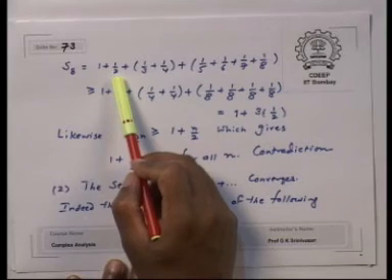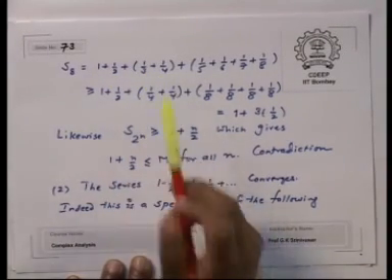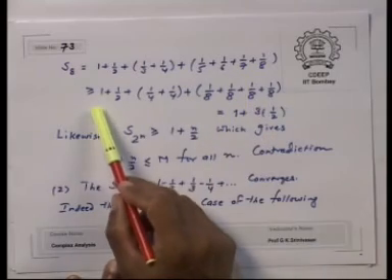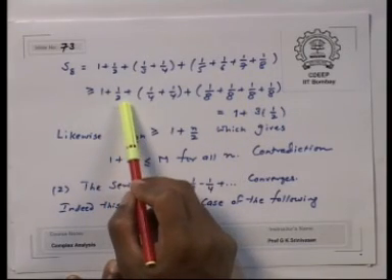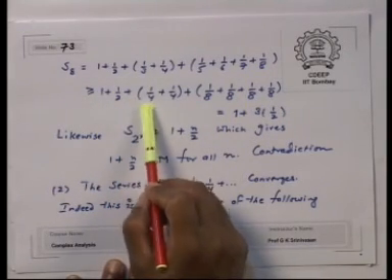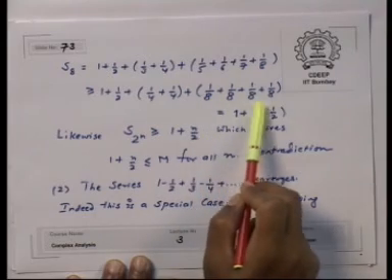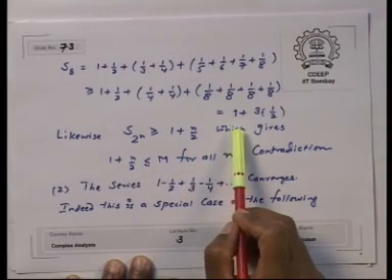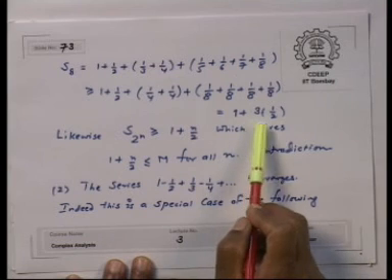S8 is 1 plus half plus 1/3 plus 1/4 plus 1/5 plus 1/6 plus 1/7 plus 1/8, greater than or equal to 1 plus half, 1/3 has been replaced by 1/4, everything else has been replaced by 1/8. So, S8 is bigger than 1 plus 3 times half,